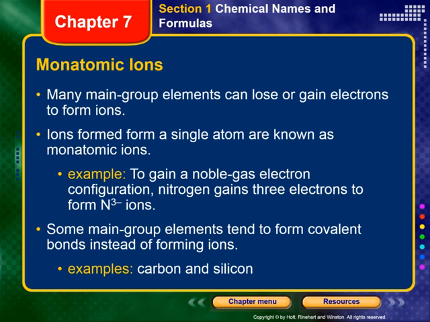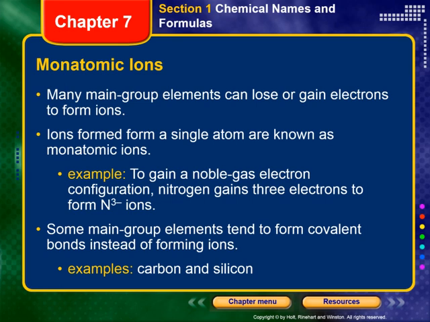Now we're going to talk about specifically monatomic ions. Remember, mono means one, and atom means atom, so it's a one-atom ion. Many main group elements can lose or gain electrons to form ions by themselves, so it's just one atom. Ions formed from a single atom are known as monatomic ions, as opposed to polyatomic ions. For example, to gain a noble gas electron configuration, nitrogen gains 3 electrons to form nitrogen ions with a -3